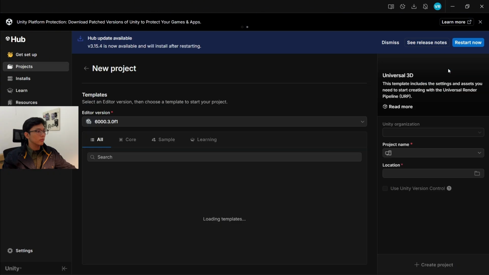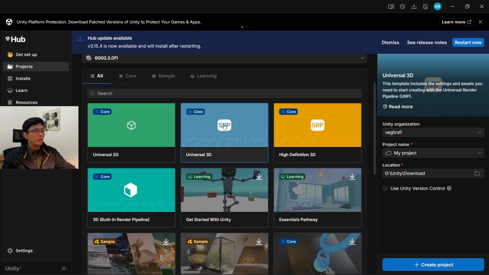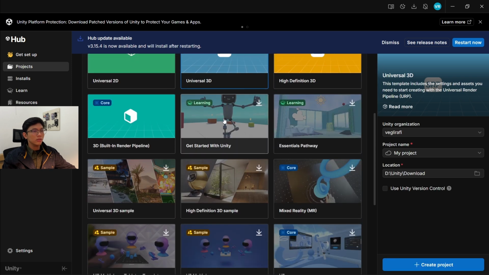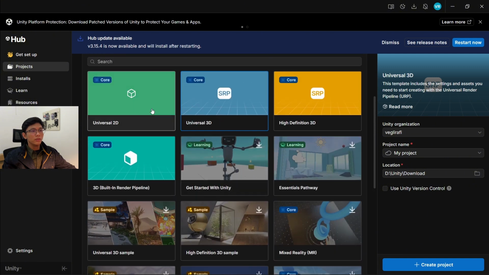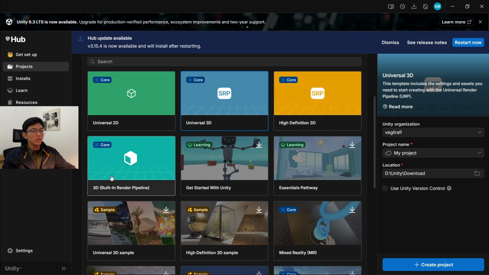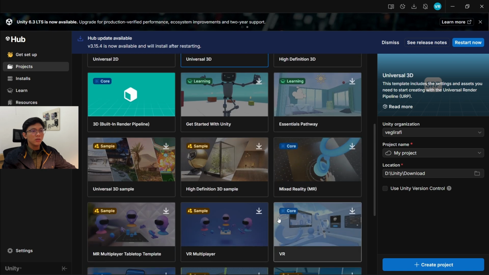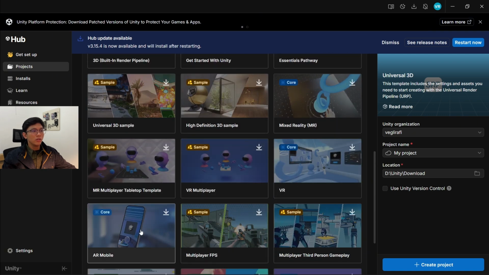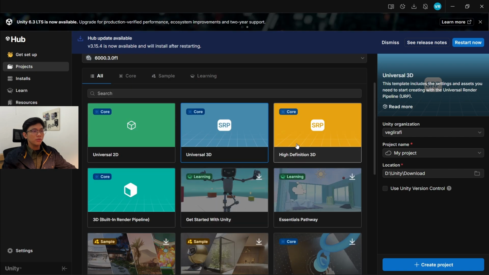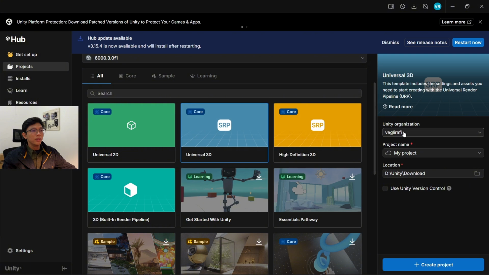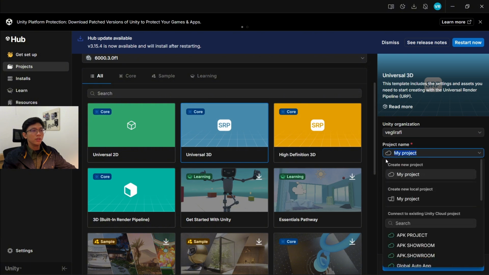Okay, this time I will create a basic tutorial on placing objects in Unity 6. Alright, let's go to the project window and choose New Project. Here there are many editor templates available, such as Universal 2D, Universal 3D, High Definition 3D, Built-in Render Pipeline, and many other templates. This time we will use Universal 3D,